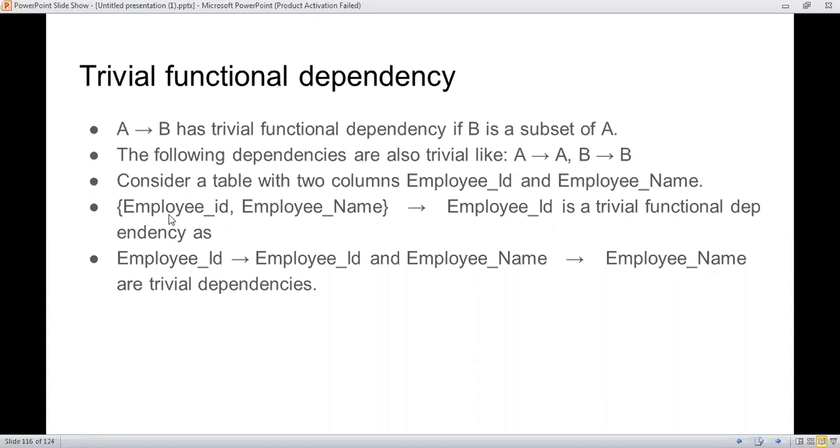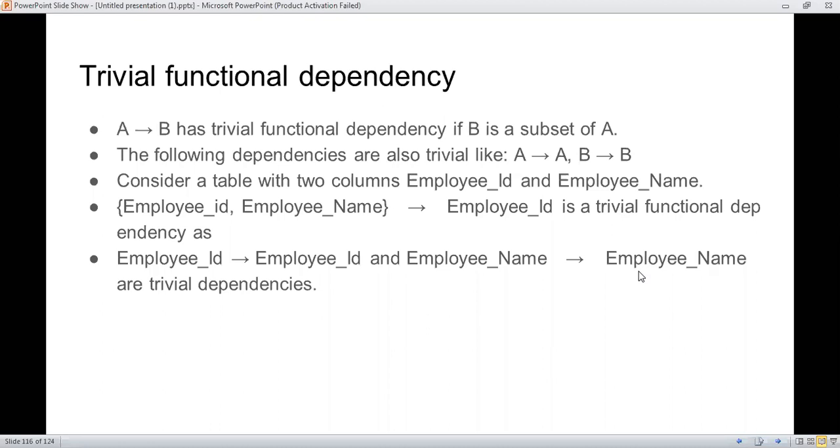Employee ID is a primary key. Then the trivial functional dependencies are employee ID implies employee ID, employee name implies employee name. This type of functional dependency is known as trivial functional dependency.